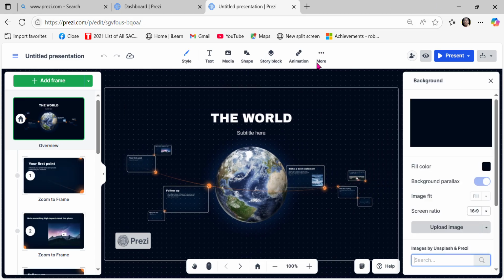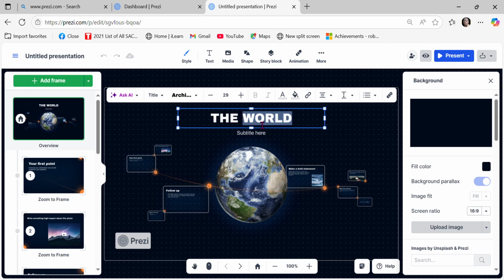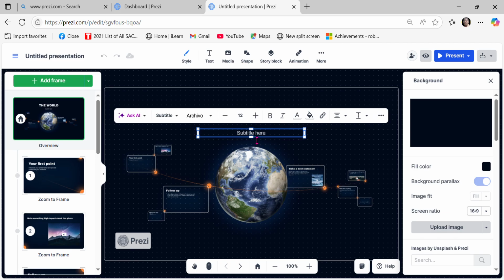There are so many categories here. So you can decide to have the slide section here. So this is just the overview page. You can add the title. If I were you, I'll just say, for example, I'm clicking on the world. Yes, subtitle. And I'll write something like, once you double click on this, you can just write our world,